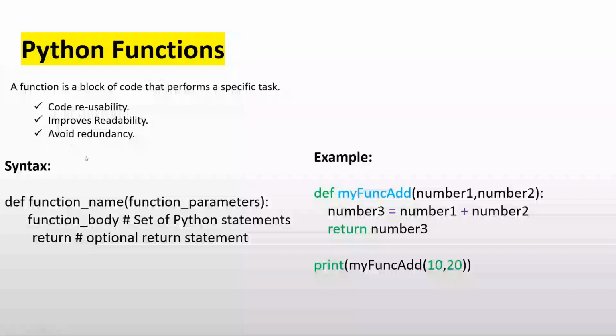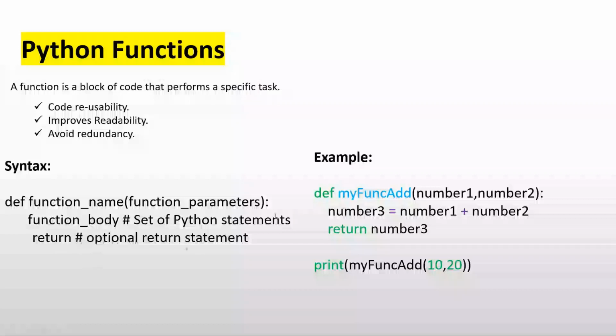So below is the syntax of functions in Python. We start with function definition using Python keyword def, then function name, arguments that function takes, and then colon. In the next few lines, we write function body, and finally we return from the function using Python keyword return.